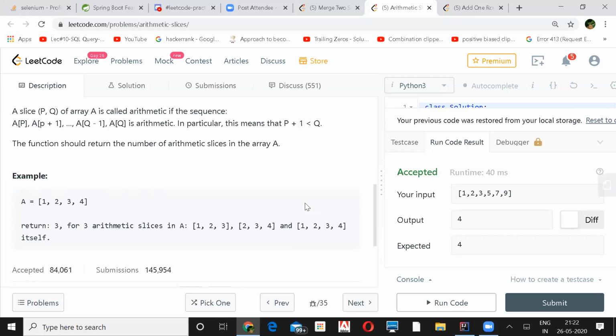But in the way he said, 1, 2, 3, and 5, 7, 9, in that case it will be 4. So how can it be a subarray? 5, 7, 9 is a subarray, right? Yeah, but 1, 2, 3 and 5, 7, 9 are two subarrays. No, he was saying 4 subarrays: 1, 2, 3, then 3, 5, 7, then 5, 7, 9, and 3, 5, 7, 9. Okay, it has to be subarrays only. If you take the example of 1, 2, 4, 3, you'll get 0. Okay, yeah, makes sense.